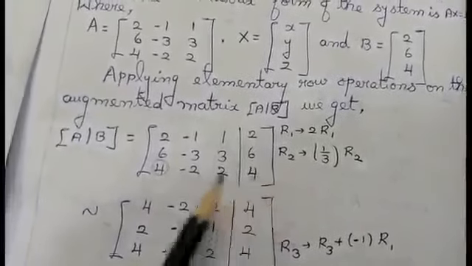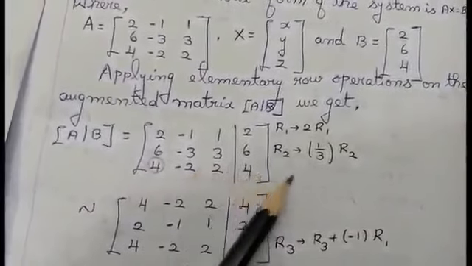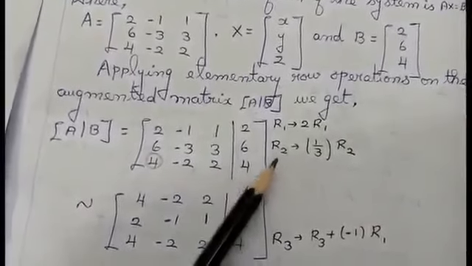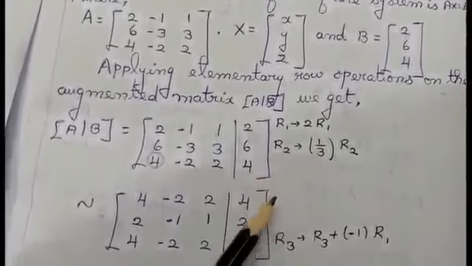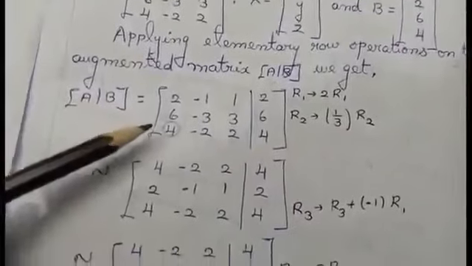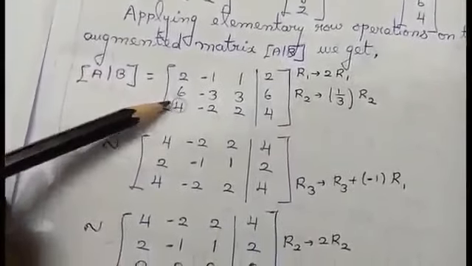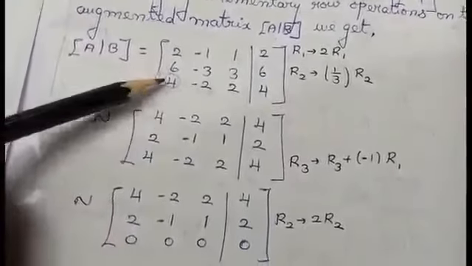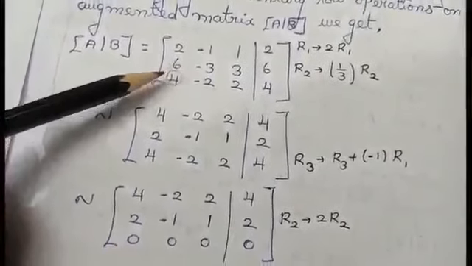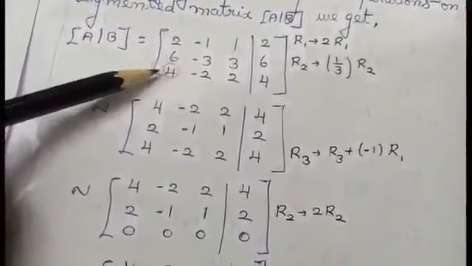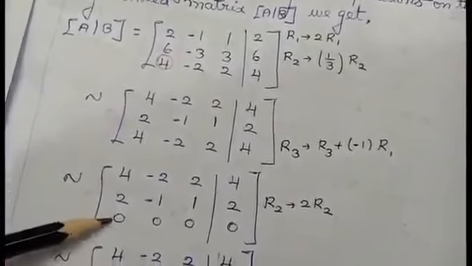Now I am going to find the rank using the row echelon form concept, that is interchanging of rows, multiplying by a constant and so on. The first target is to convert this 4 to 0. So what is the idea of finding rank? In the positions of 4, 6 and -2, I want to bring 0. First, in place of 4, I am converting the value to 0. Just see the steps, students.